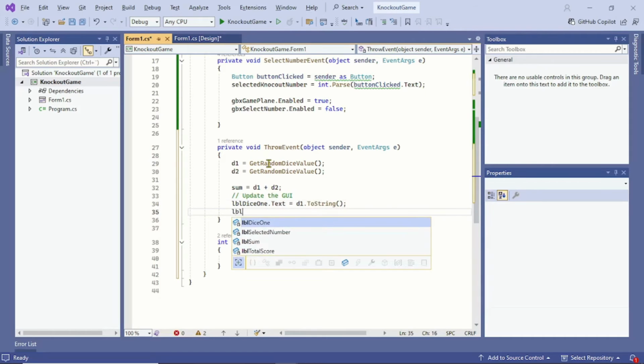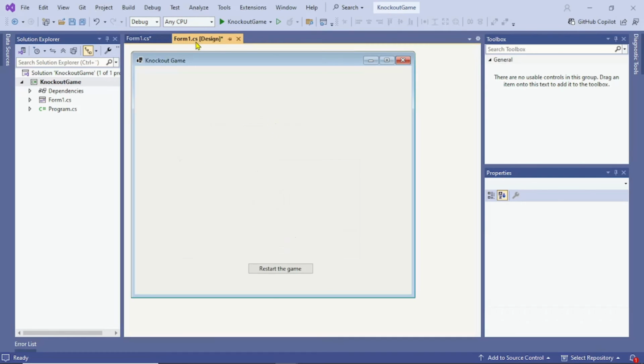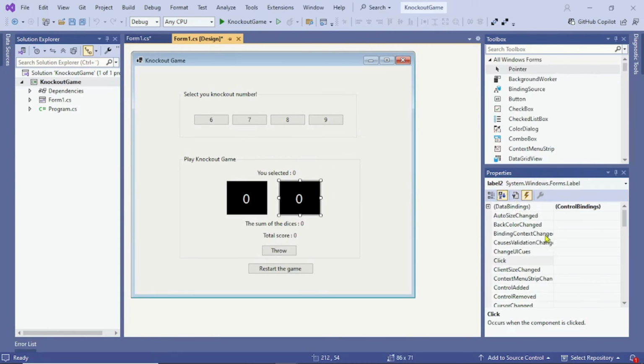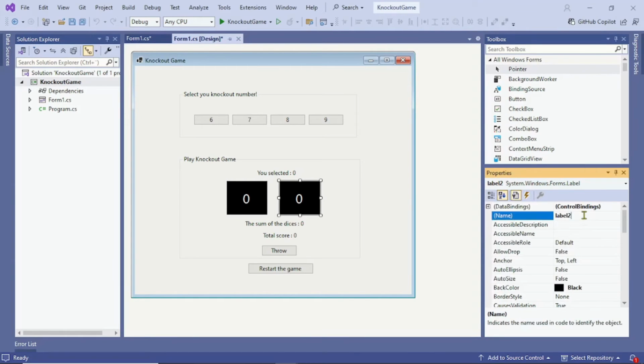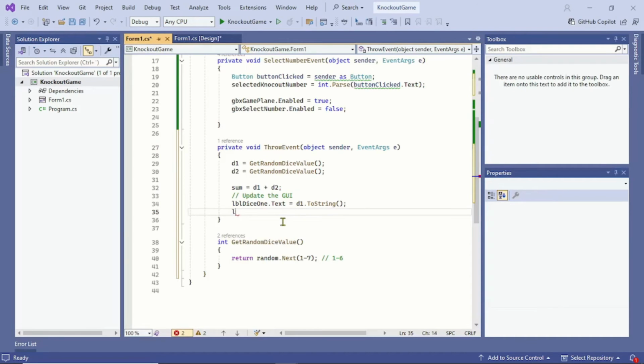And the dice2 label control, okay, the dice2 is not showing here. I think we forgot to change the name. The name is not changed, as you can see, it's label 2. We are going to change the name. The name should be LBL dice 2, right? Now it will appear in the code, LBL dice 2, call the text property, and D2